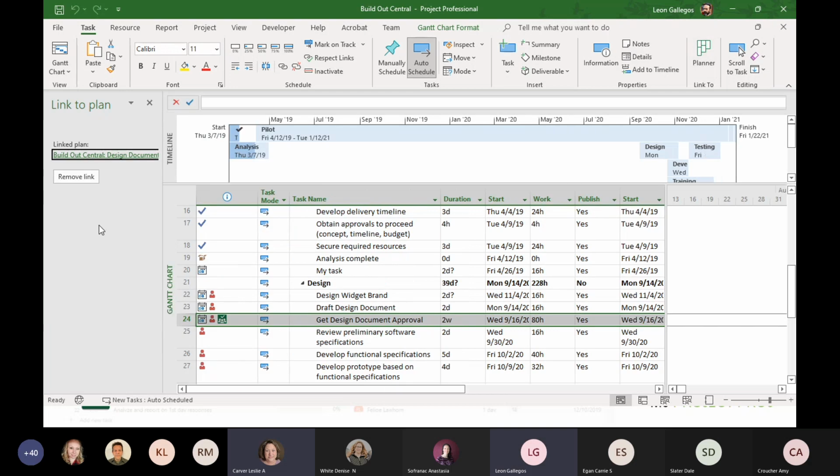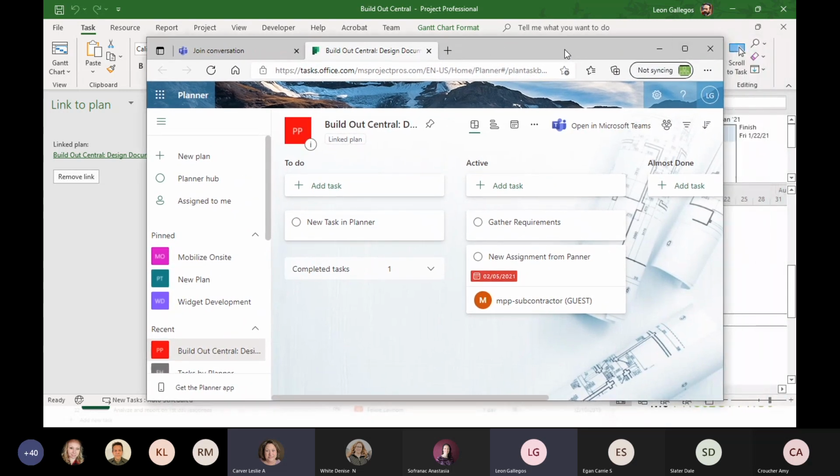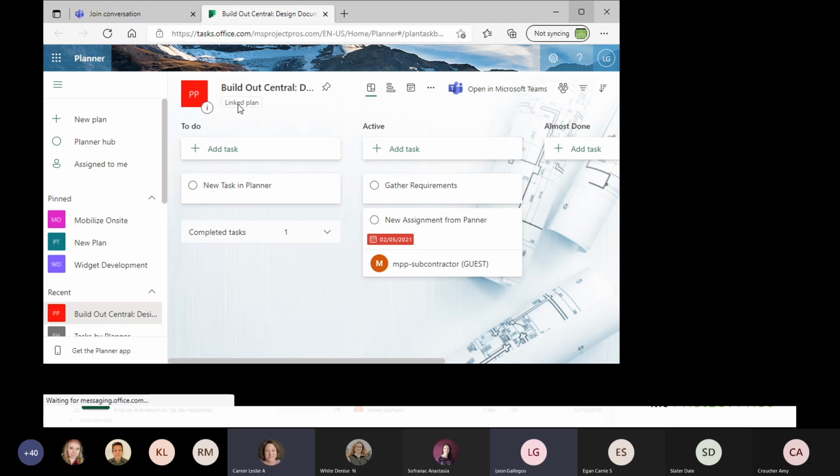By linking to Planner, right? And here it is, here's the linked plan. I'll go ahead and click on that. It's going to allow me to then use Planner for all of those details that are being represented, right? And that just gave me a pop-up. And now I'm in the Planner Hub and I'm looking at that linked plan.